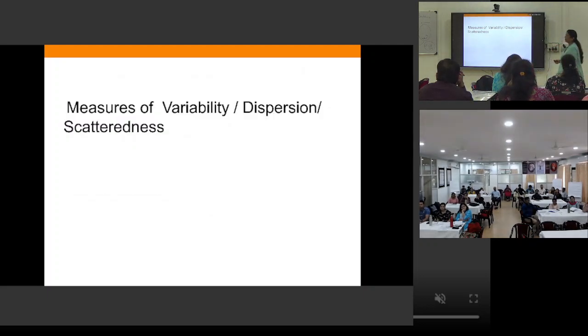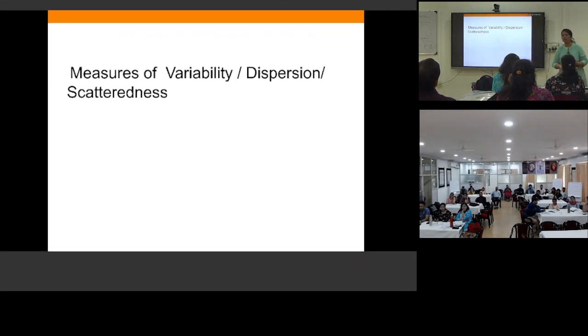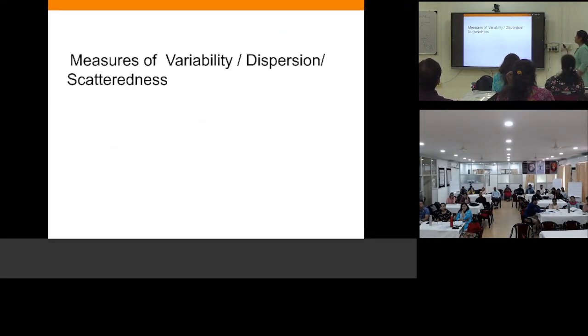So that was about the measures of central tendency. You are telling the people how close my data is regarding the mean, median, mode, how similar the marks obtained by the students in a class are, how similar the students are. That gives an idea. Now it is also important how different the students are from each other, how same they are. The mean has told that; how different they are is given by measures of variability, dispersion and scatteredness.